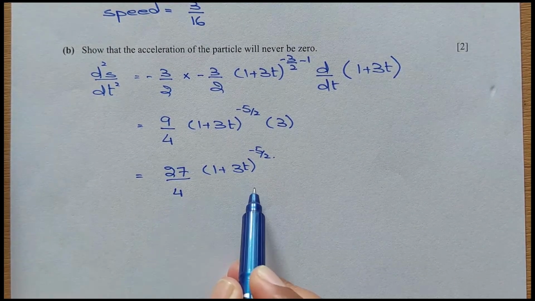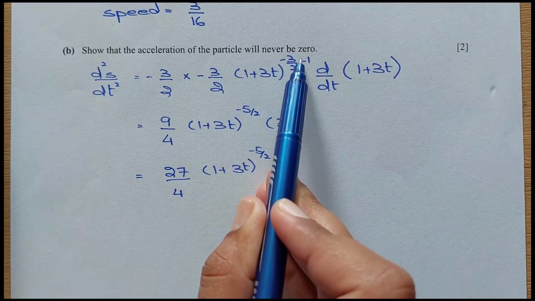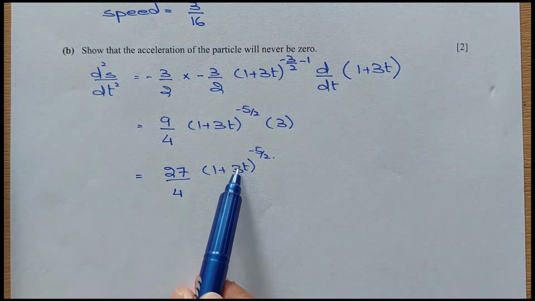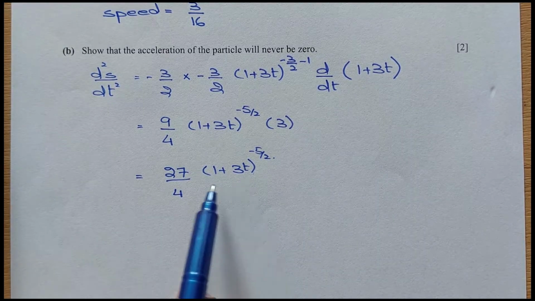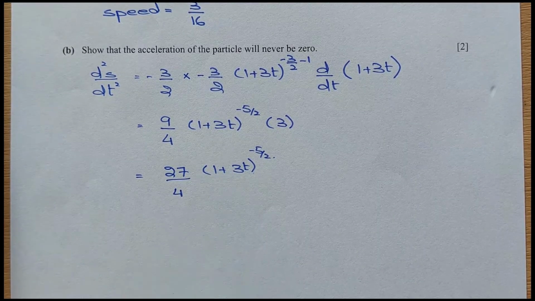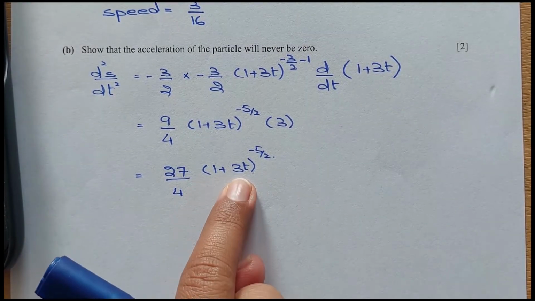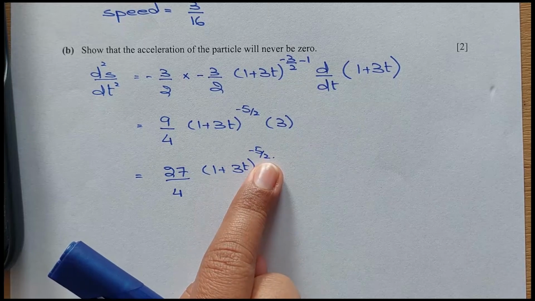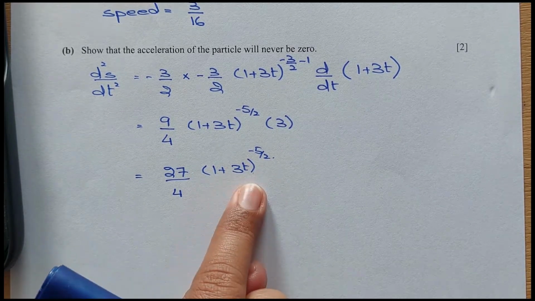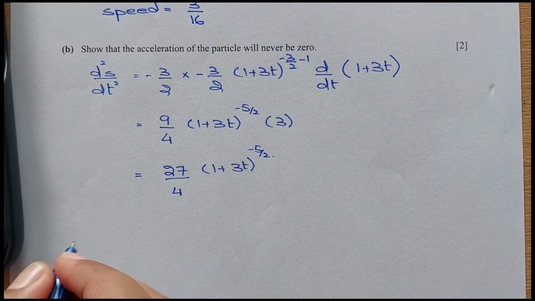So this is the acceleration, and we need to show that the acceleration of the particle will never be 0. It means that whatever the time value, whether it is 0, positive or negative, this acceleration is always positive. If I check at 0, 1 plus 3 would be 4, and 4 to the power of negative 5 by 2 is also positive. Checking on negative values or positive values, it is always positive. So we can say that